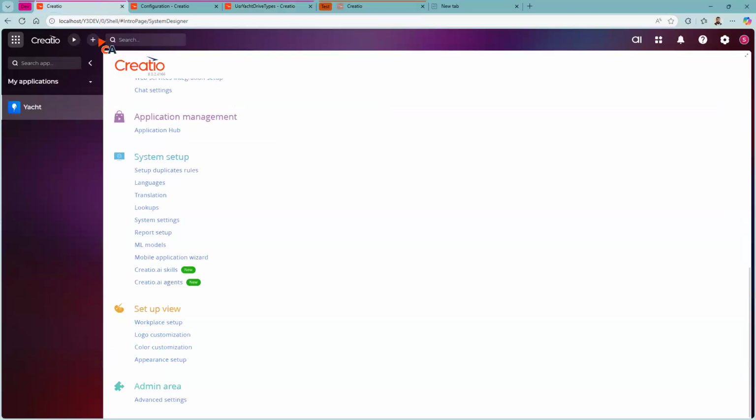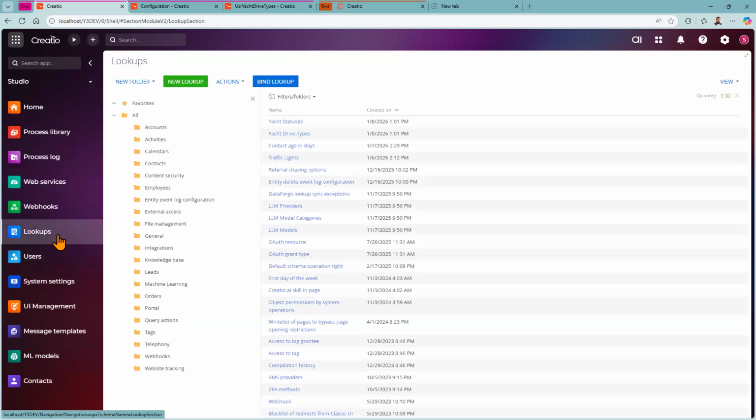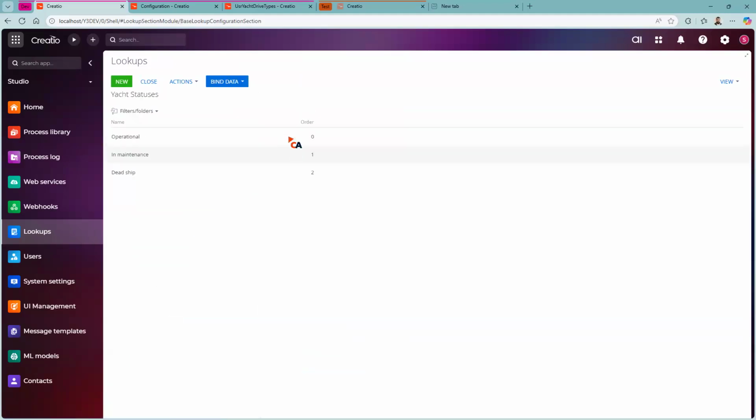I will still see this in my environment, but only in the lookup section, because this was primarily designed for lookup section. So for lookups, for those tables that we use as lookup values only, without their own pages, etc. So back to the lookup section, I will open my statuses,